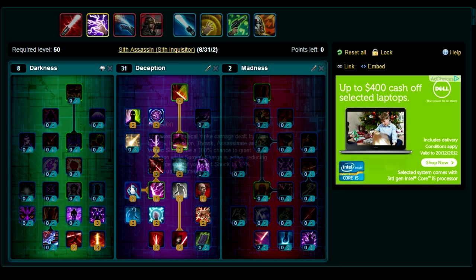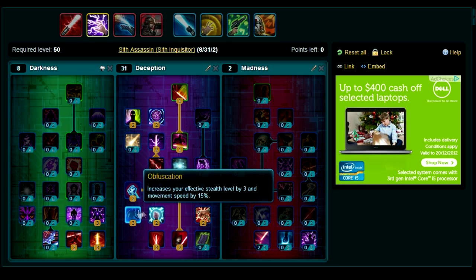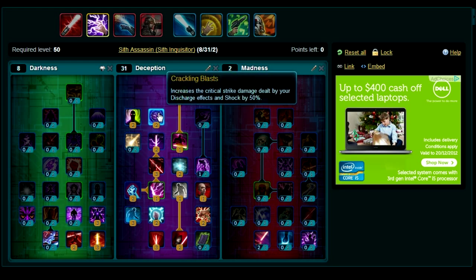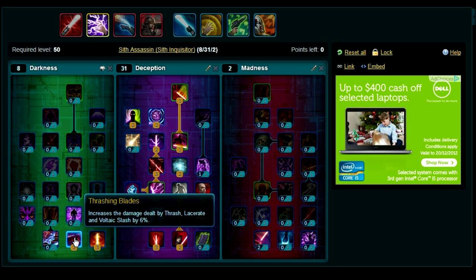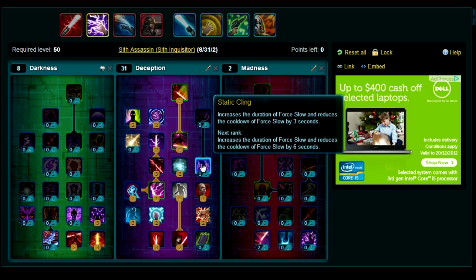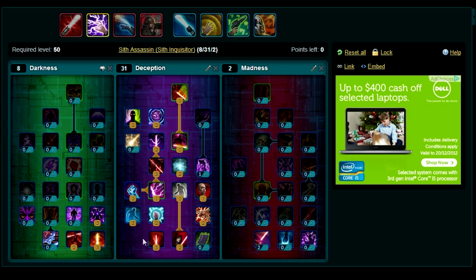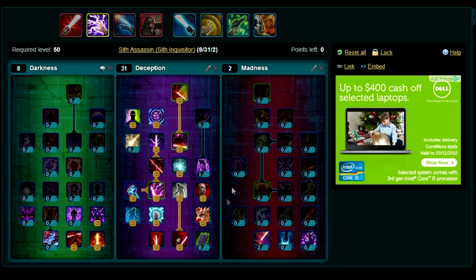So basically you're running around in this spec, you've got very good invisibility and boosts on your stealth and everything like that. Surging charge for the internal damage ignoring armor, Voltaic Slash, Lacerate, and your Thrash and everything for damage. Shock if they're trying to run away. Static Cling to boost your force slow if they're trying to run away. And Maul if you get behind them, with a lot of points boosting the Maul damage and its crit damage. So all in all, this is the best